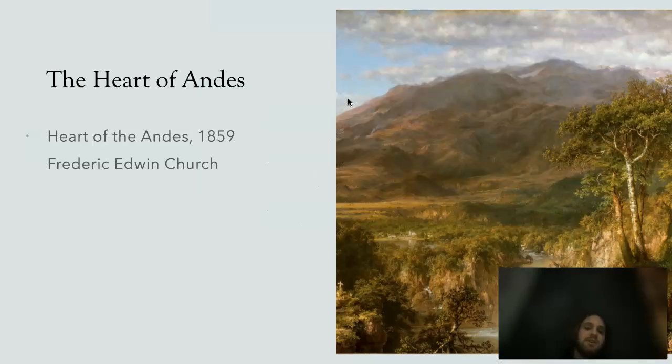The Heart of the Andes is a very famous painting from Frederic Edwin Church, and he painted this in 1859. The Heart of the Andes is inspired by Church's second trip to South America. He uses many different colors throughout the work, and he's able to make bright greens and yellows that make the grass and forest lands pop throughout the majority of the painting. In the back left, you'll see snow mountains, adding subtle yet important detail and image to its realism. And since he was much more privileged, this shows in his work being a lot better than some of his peers.